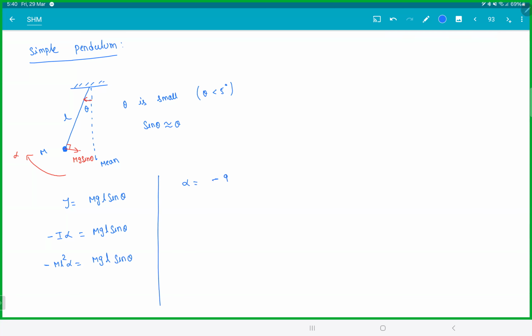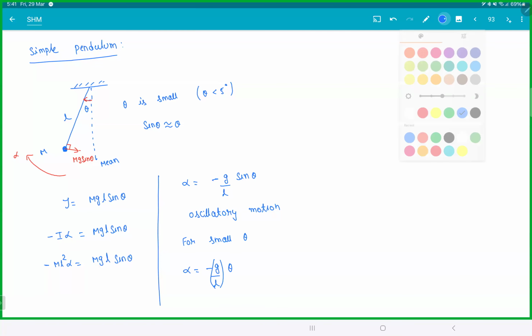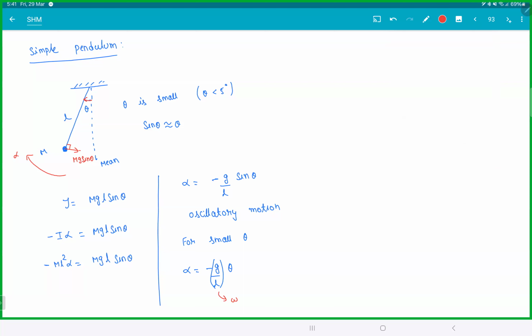This alpha will be minus g by l sine theta. So technically speaking, this is actually an oscillatory motion. Alpha depends on theta, but it's not a linear function. Now for small angles, this becomes alpha is equal to minus g by l theta. So we can approximate for small theta, this becomes SHM. This is omega square. So the time period for a simple pendulum, the formula is 2 pi root over L by g,